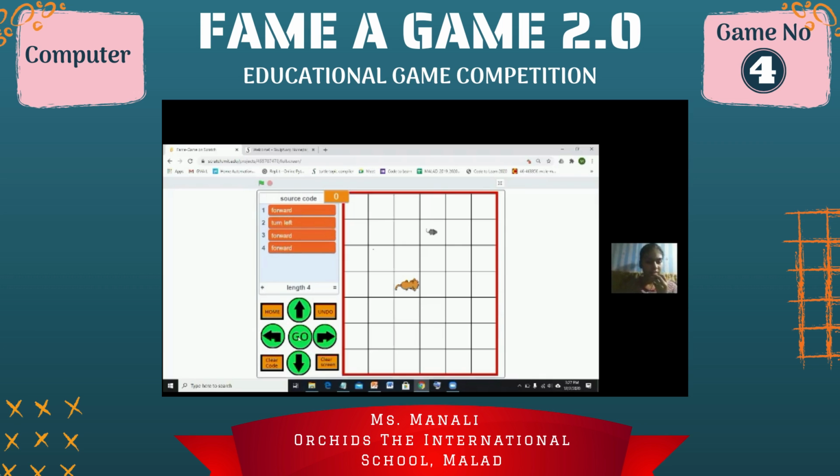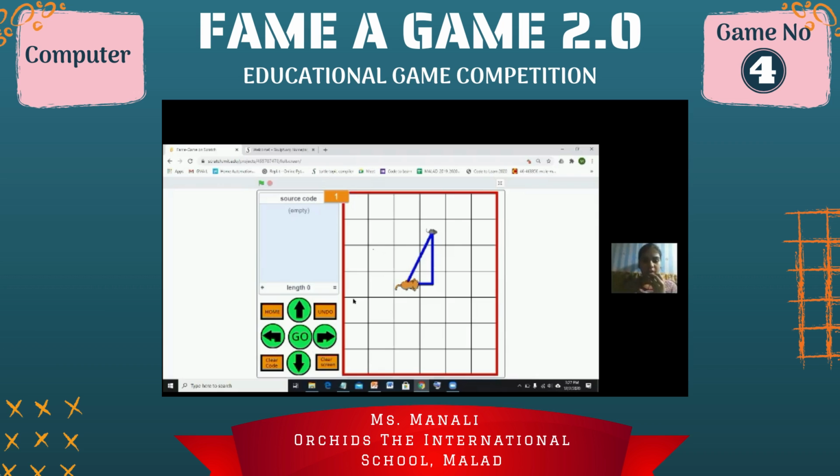Then automatically I'll click on go. So here I am scoring 1 point, and the cat comes back to the original position. When I talk about the pen tool, the color trail happening when the cat is moving is called the pen tool in Scratch, and also in Turtle programming.